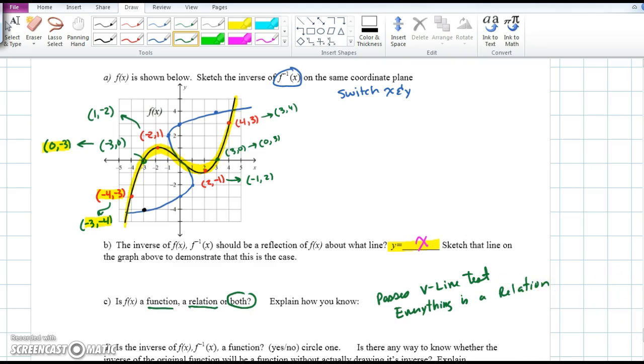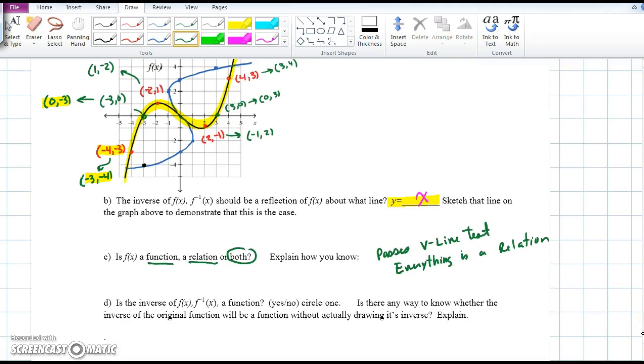Moving down. Is the inverse, or f inverse of x, a function? Circle yes or no. The answer is no. You can see that by drawing a vertical line test to the blue that I did. We've got a fail here, here, and here. It's got to only touch in one location, and there's several places where it touches in three,